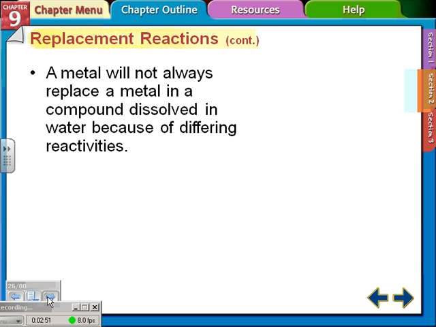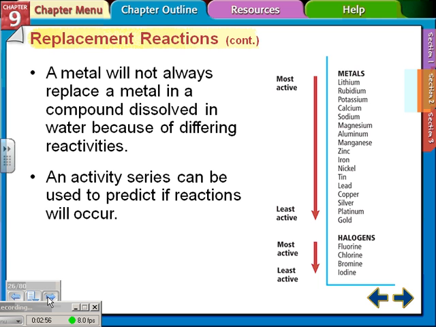There are times when single replacement reactions won't take place. It has to do with what's called the activity series. So anything that's up high on the activity series can replace anything below it, but the opposite is not true. So for example, if I have